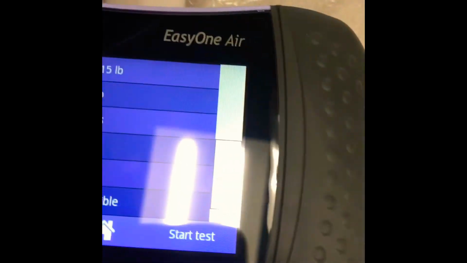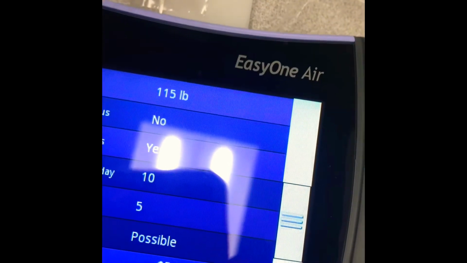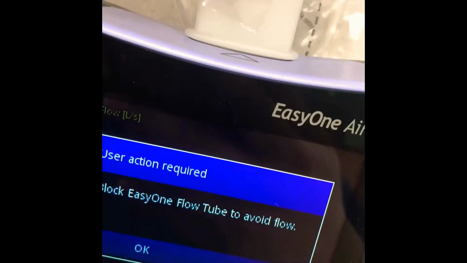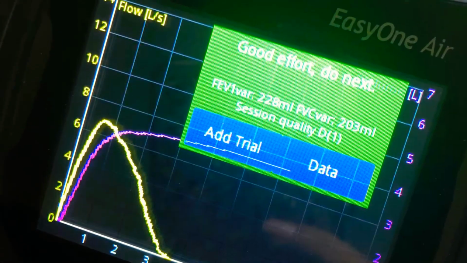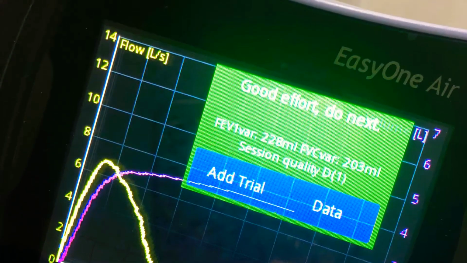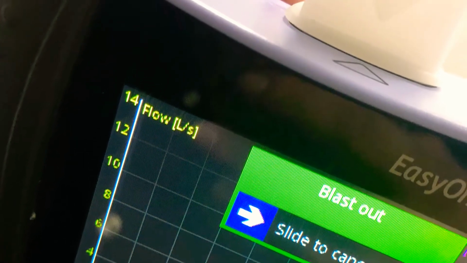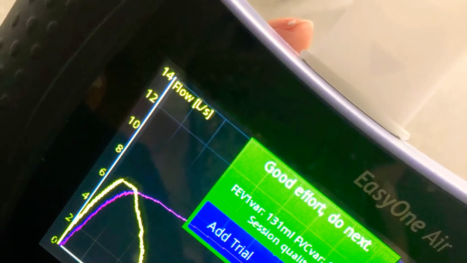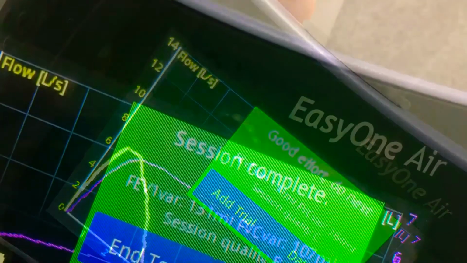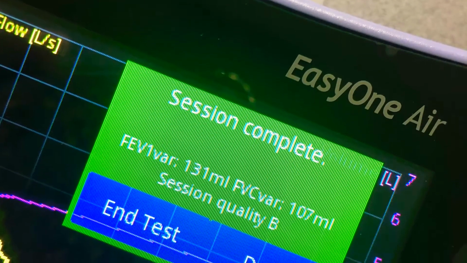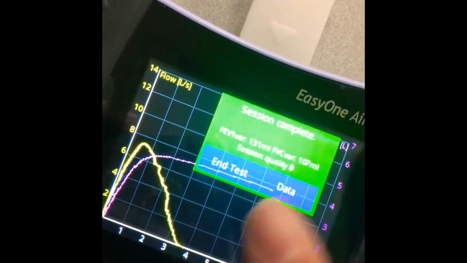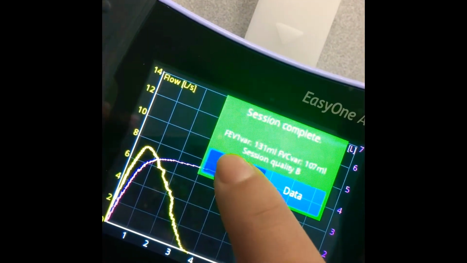So now all you do is start test. I'll show you guys. It says block EasyOne flow tube to avoid flow. You press OK and then you start the test. Once you do your 3 sessions, you get to this area, and all you do is end test, and